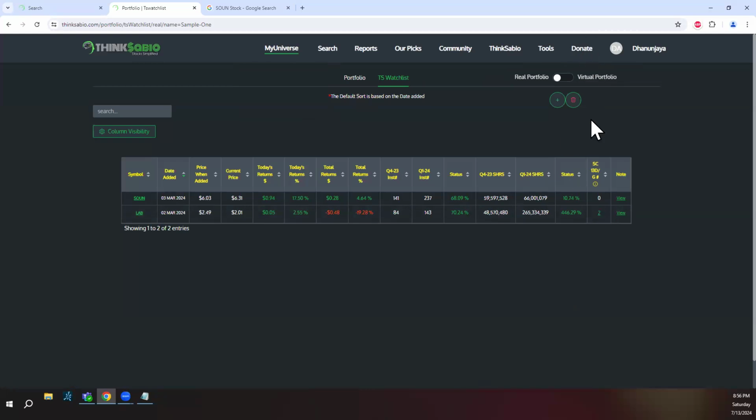If you love to donate, if you succeeded, or you have a good humanitarian heart, that possibility is also there. Overall, this is where we stand with respect to ThinkSabio as a community, what they are trying to do, how they are trying to improve themselves day to day. There's good opportunity, guys. As a team,